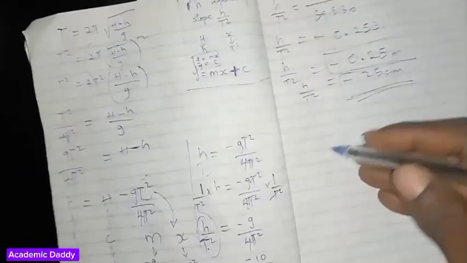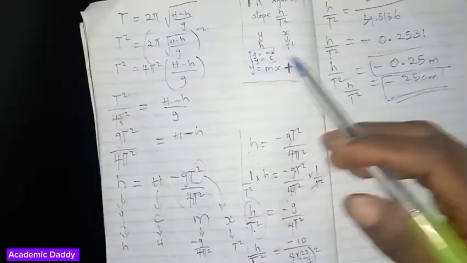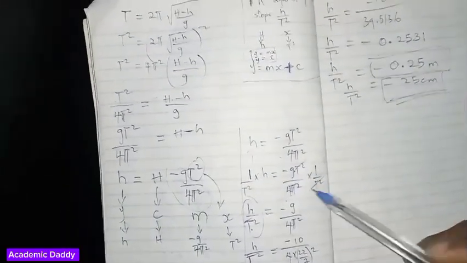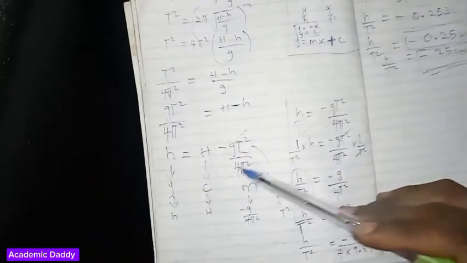So let's say you want to find h, the intercept. H is your intercept here, if you remember this equation. So to get h in this equation is simply going to be, what did you get for the graph when you made it equal to the equation of a straight line? Remember, we got this, we got